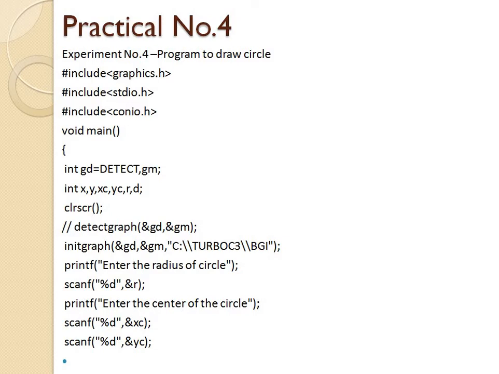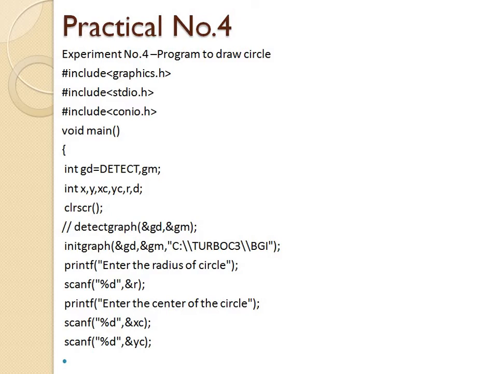In that algorithm, first of all we start our programming, then we initialize our x and y coordinates, and then we use some functions.